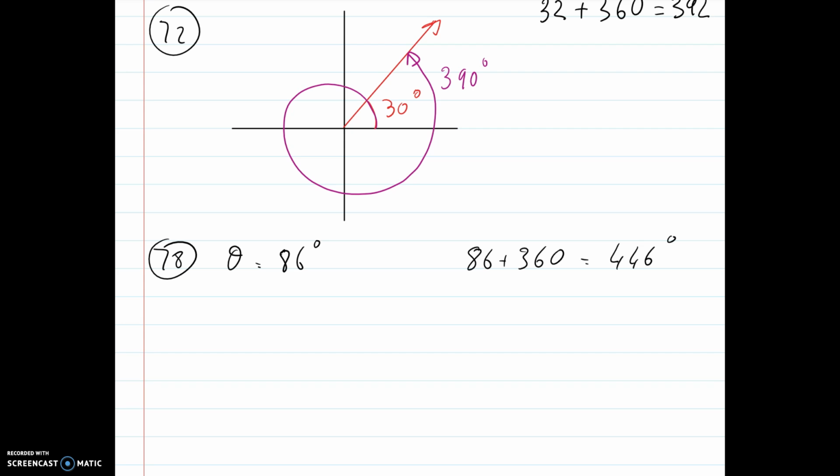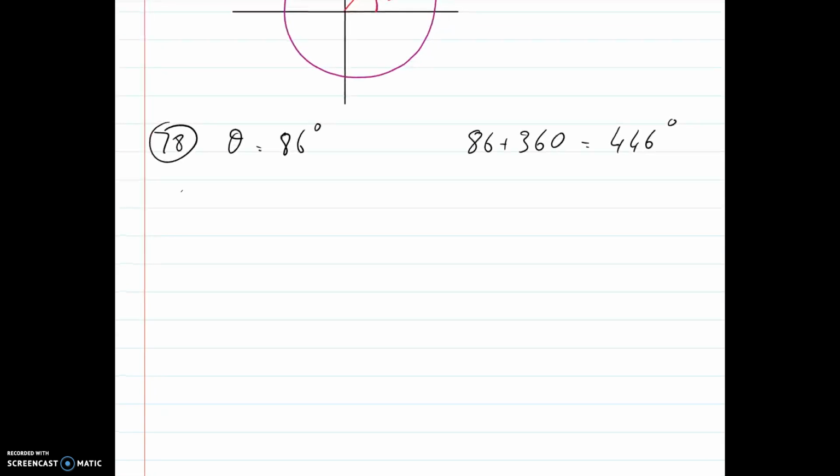Now, number 93, we have the angle theta equal to 5,280 degrees. Well, in order to find how many times I can fit 360, I'm going to do 5,280 divided by 360. That gives me around 14 point and some number. So, therefore, I'm going to take 14 times